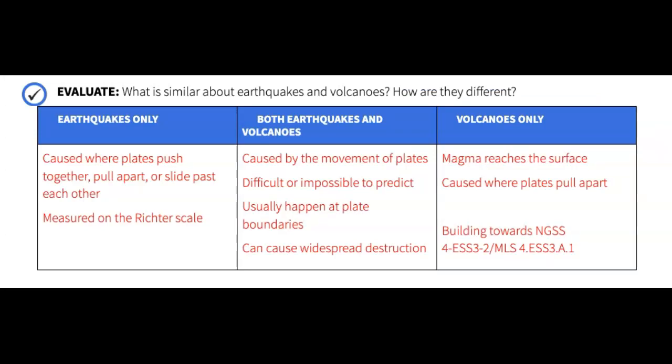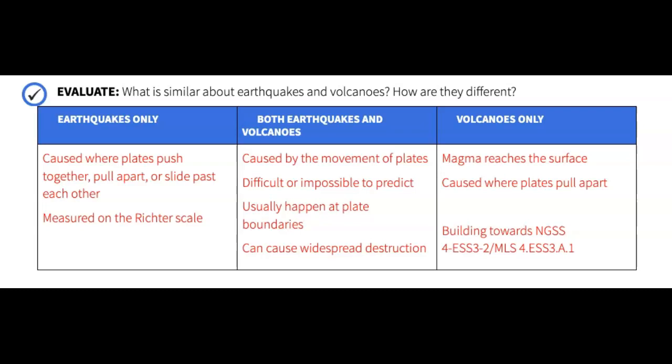Students should recognize that both of these events generally occur at plate boundaries, associated with plate motion. However, these natural hazards have different warning times, and the length of their occurrence can vary greatly. That being said, both of these natural hazards can negatively impact humans, and engineering design must be used to minimize